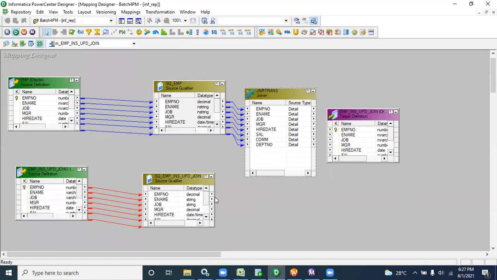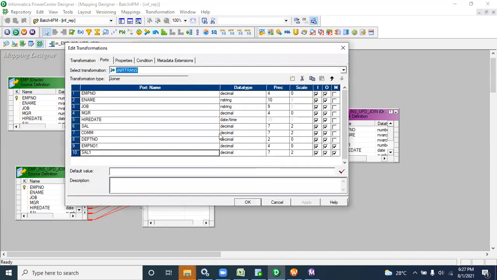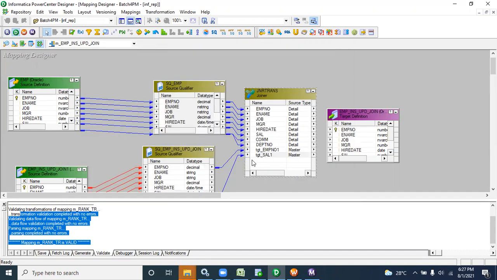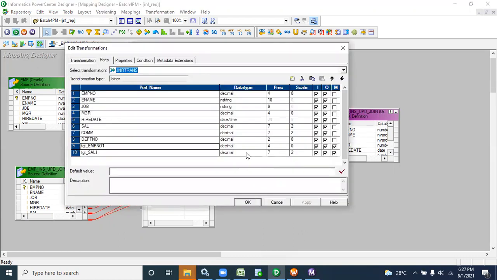I'm not interested in all columns. If you want, you can take all columns, but if you are not using all columns, why are we taking all the columns into the joiner transformation? From the target you need this and this, then you can rename directly. If you are confused, you can rename with a TGT underscore prefix, so at least you know this is the target. In Informatica there is no option to change the data type, it will remain the same, but the column name you can give directly.